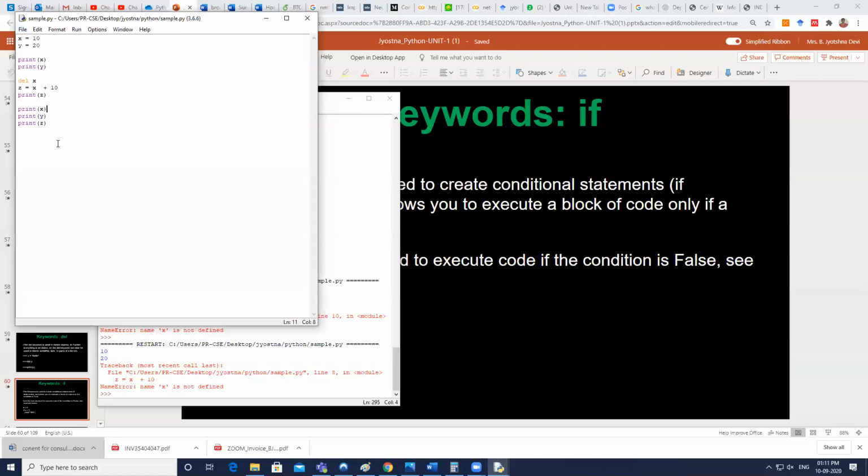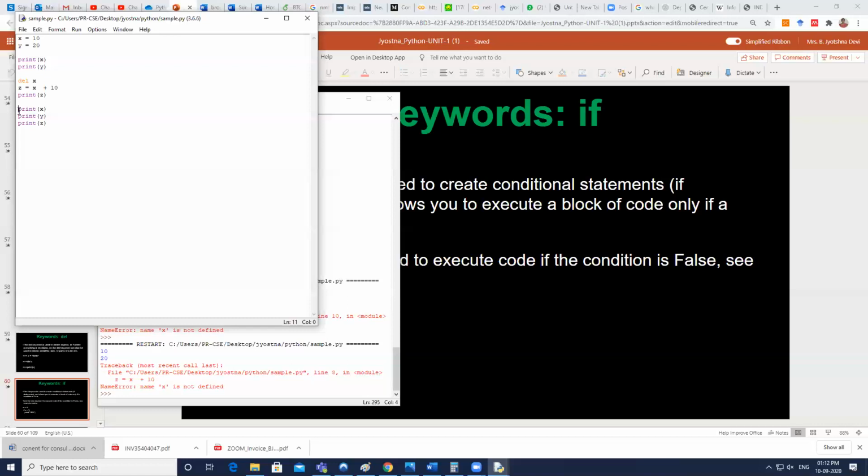So now let's see the sequence of statements. Here I have a sequence of statements, right? In which order is your system executing the statements? First this statement, then this statement, then this, then this. One by one, one after the other. That's how your statements are getting executed. But in some cases, if you want to alter the sequence of execution of your statements, then you should go for special structures called control structures.